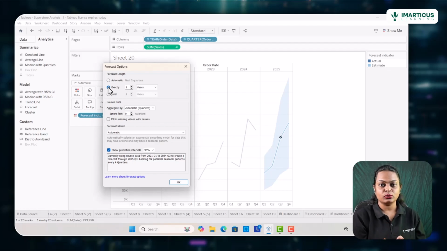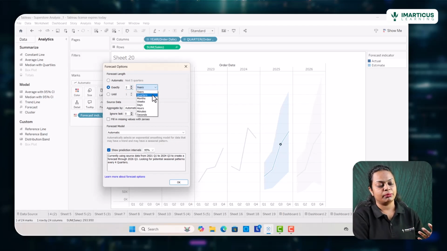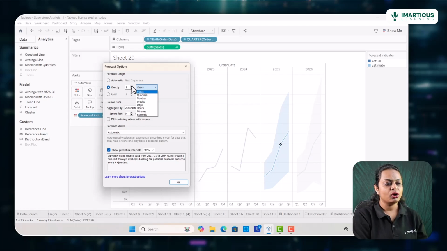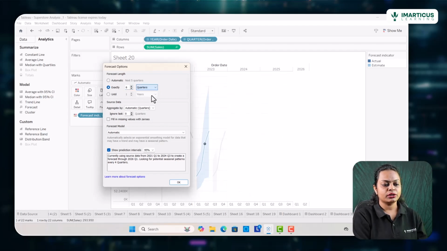I would also like to mention that I want to forecast for not just 1 year, but 2 years, and it will do that for you. You can see the changes happening in the background, correct? Or maybe you can also change this to a certain number of quarters or months. So let's say I want to forecast for the next 6 quarters. Okay. So let me just change this years to quarters, and you can see